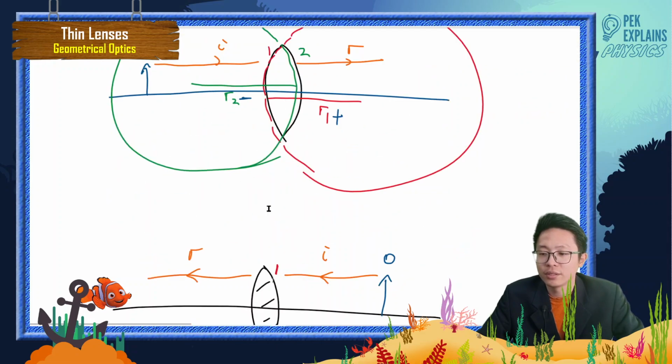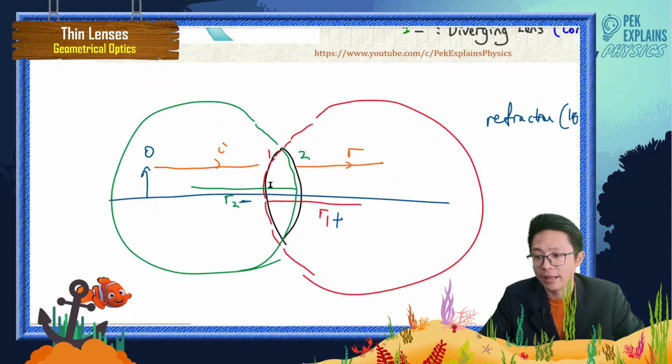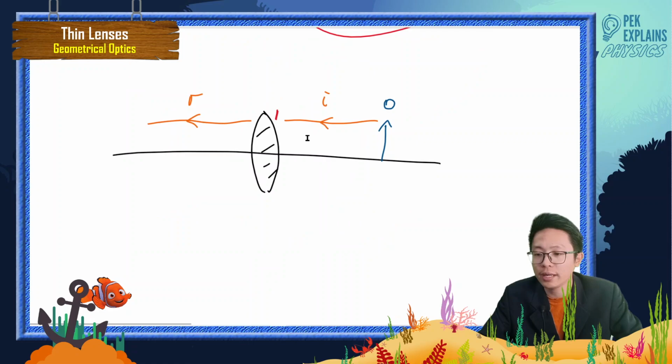Okay. So which one is the first surface depends on where the object is. This one is the first surface because of the incident ray. This one is the second surface because of the refracted ray. This one is the first surface because it's the incident ray. And then